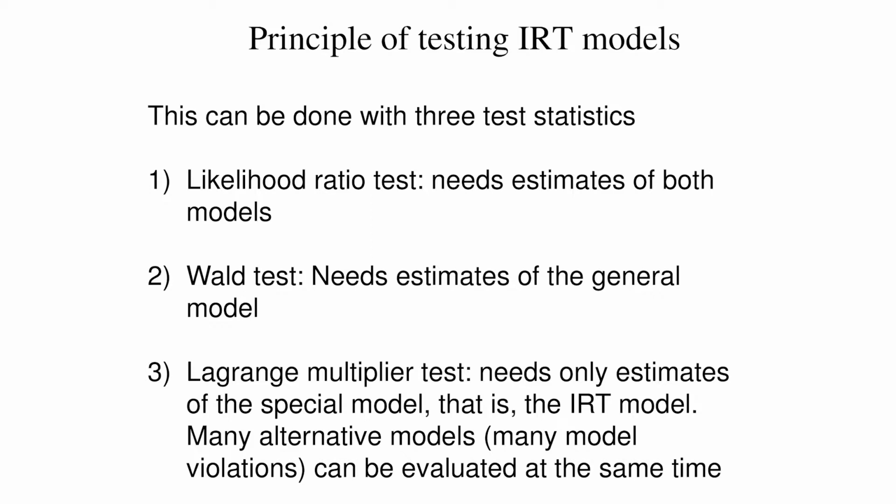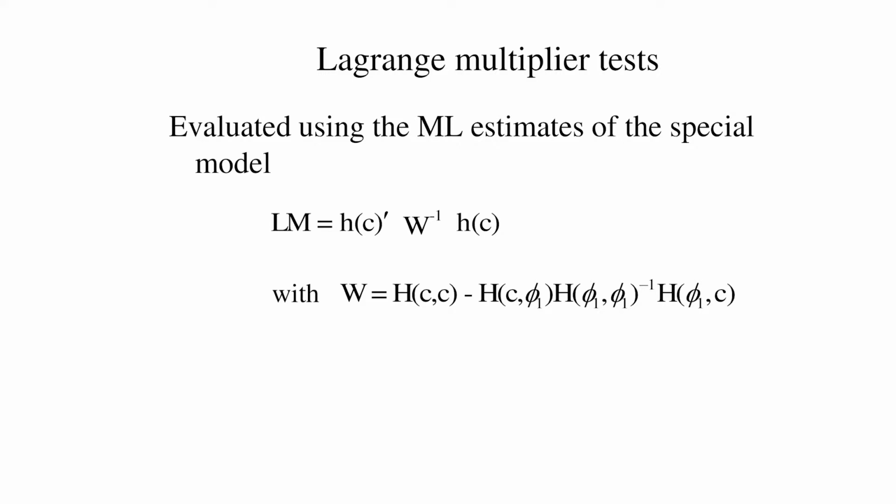This is a test from the first family that I will be discussing, and this is a Lagrange multiplier test. What exactly that is, I will come to in a moment, what it technically is. But I first describe it a little bit, and then I'll also show you some outputs where you can see that. So it's a test for differential item functioning. That's another word for parameter invariance. So it's a test for comparing the estimates in one group with the estimates in another group,